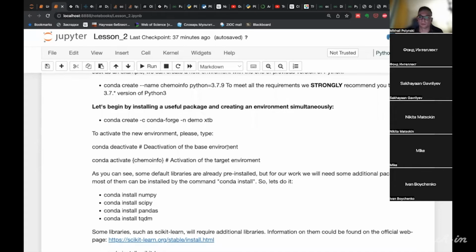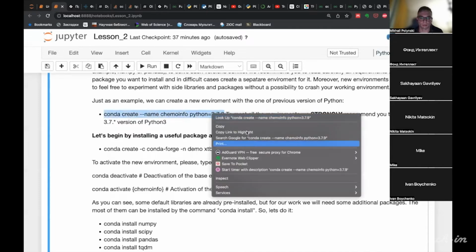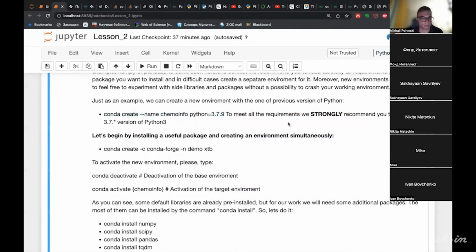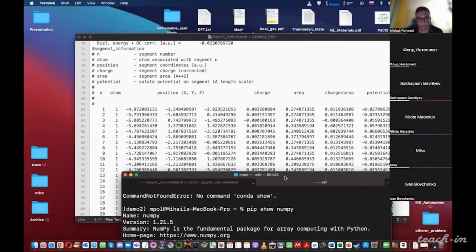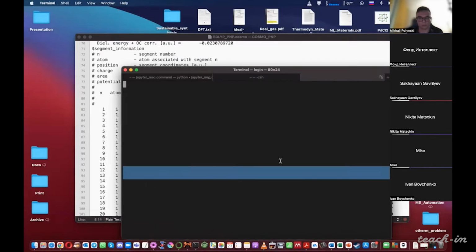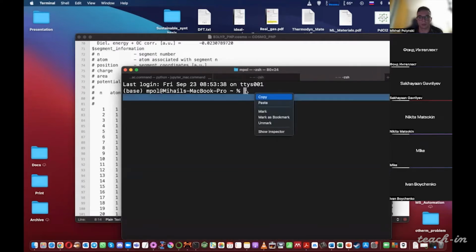So you can create an environment. For example, you can create an environment called cheminfo by executing the following code.